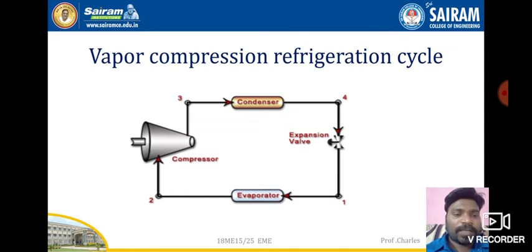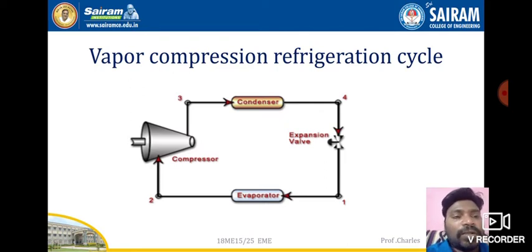So once it passes through the evaporator, liquid refrigerant will be converted into vapor refrigerant. The next thing is low pressure, low temperature will be converted into high pressure and high temperature. So it will not be converted into high pressure and high temperature, because here it receives latent heat. So liquid refrigerant will be converted into vapor refrigerant, okay, but it will be low pressure, low temperature vapor only, okay. So here what we have to understand is liquid refrigerant will be converted into vapor.